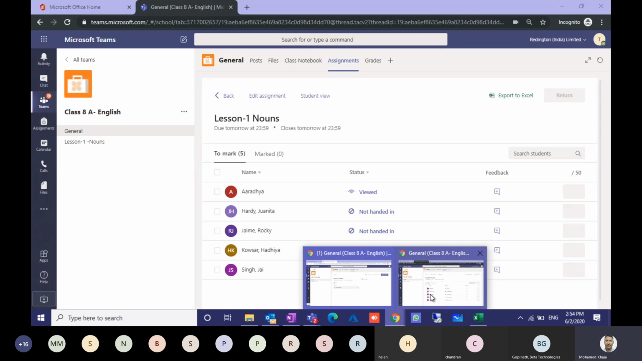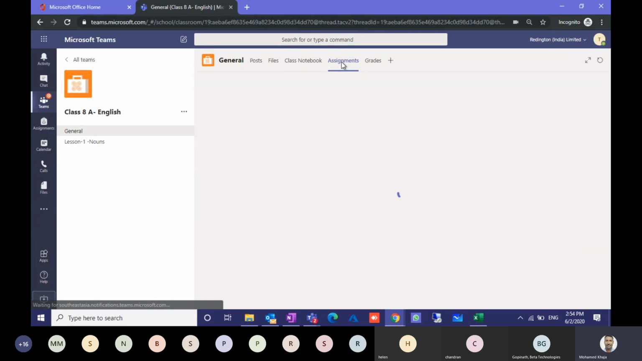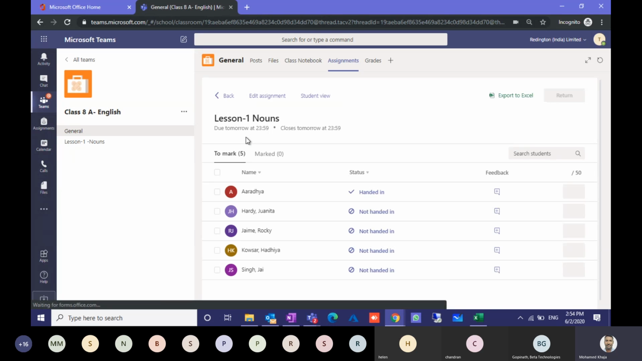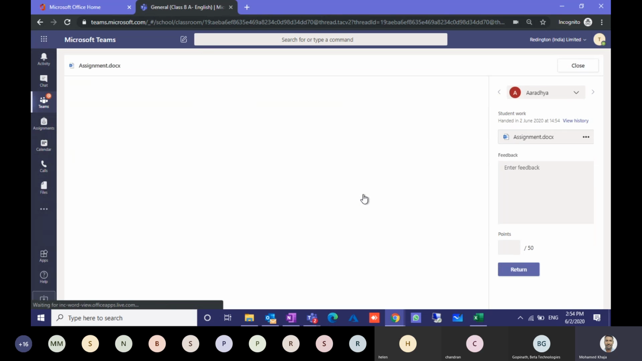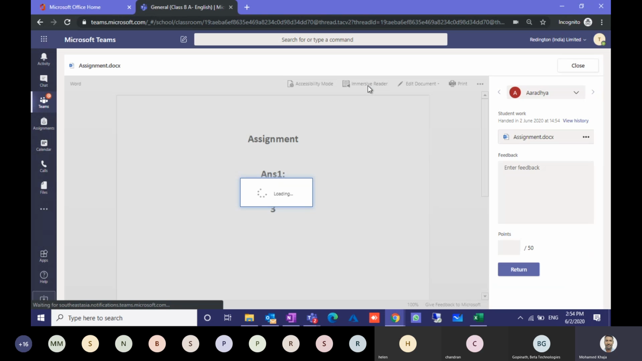When the teacher gets in here to the assignment, see, now it has a tick mark and handed in. Now the teacher can do the validation or the assessment. Click on the assignment of the student, and see, now the teacher also has the option of Immersive Reader. They can read it out using this. When they click here,